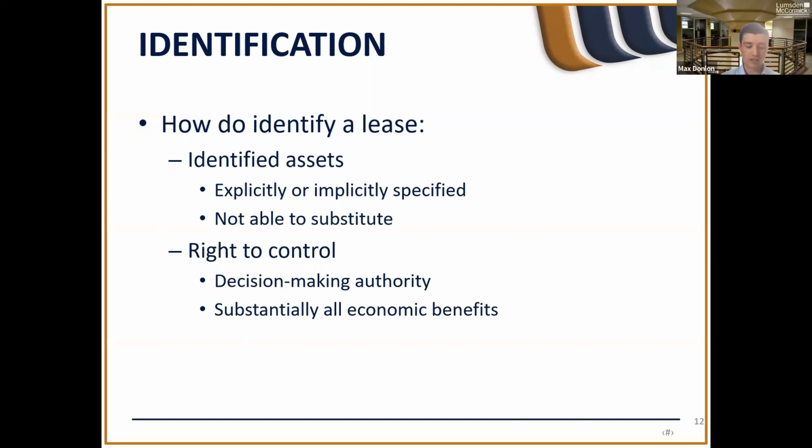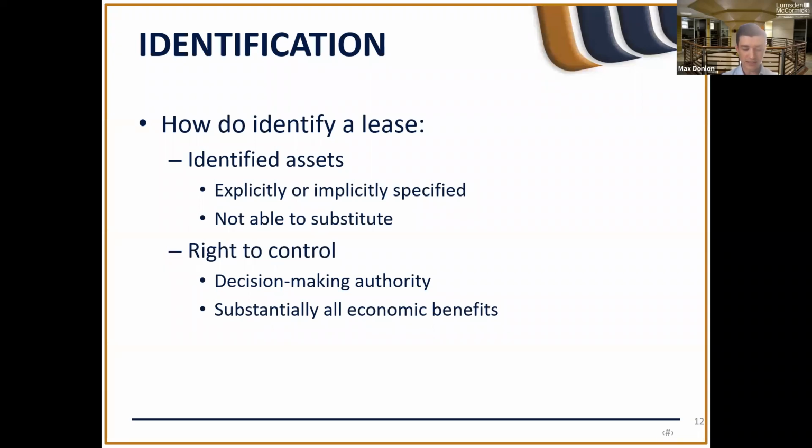The second main criteria is whether the contract conveys the right to control the use of the identified asset for consideration for a period of time. The asset may be explicitly or implicitly specified. What I mean by explicitly identified is that the asset has a certain serial number tagged to it so that it's unique in nature. An implicitly identified asset would be effectively the only asset that would satisfy the contract, or there is an inability to substitute with a like asset, so a highly specialized asset.